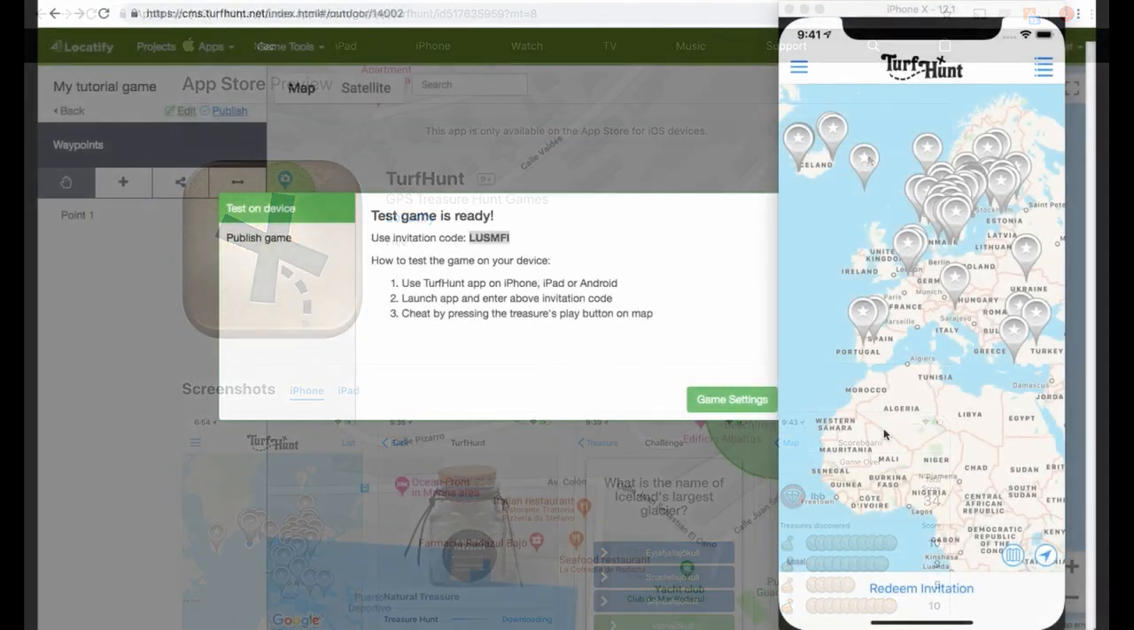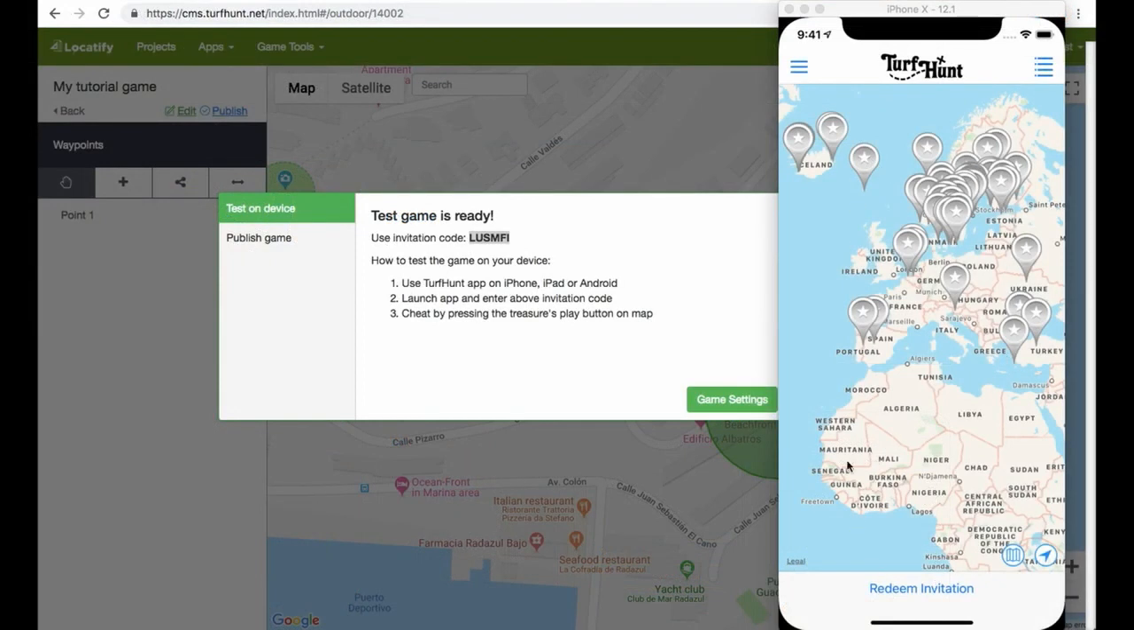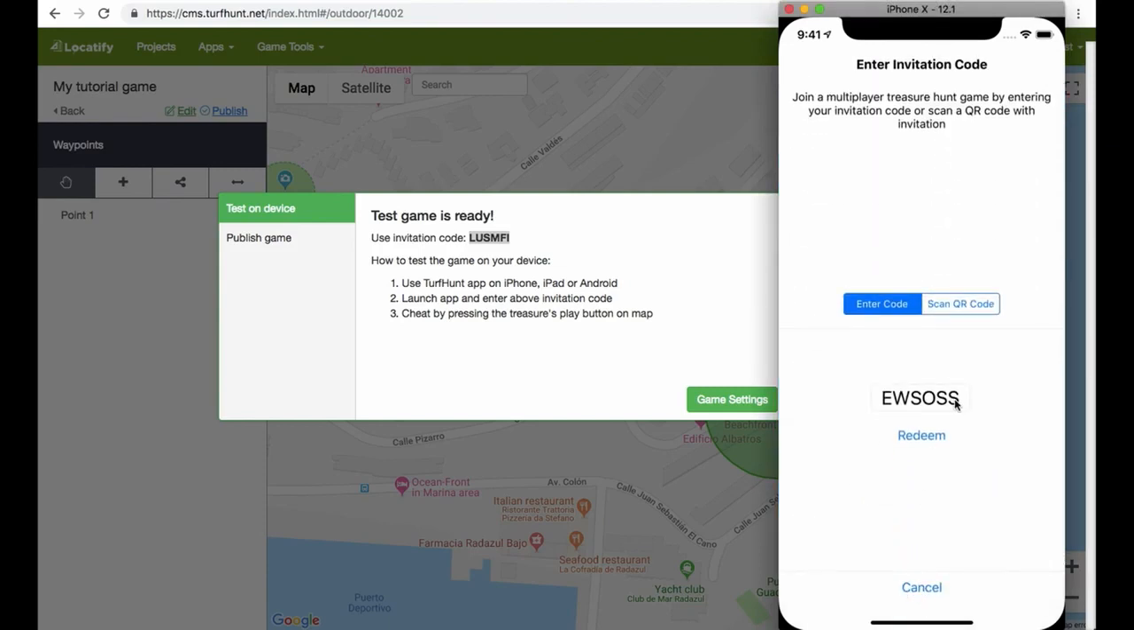So here on the screen you see the TurfHunt app up and running. There's a bunch of games here all over Europe. But I'm going to press the redeem invitation button, and that will open up this window where I can enter my invitation code, which is listed here in the CMS when I pressed test game on device. So that is my code. I redeem it,